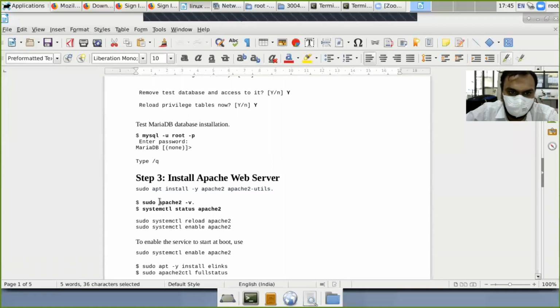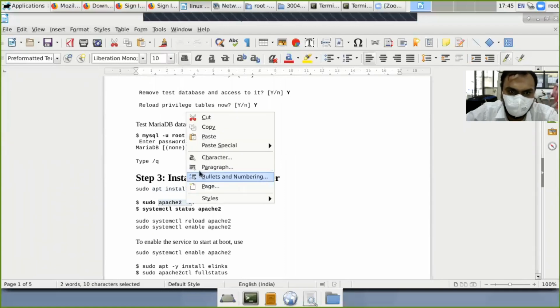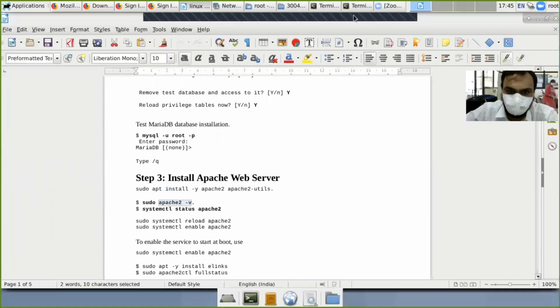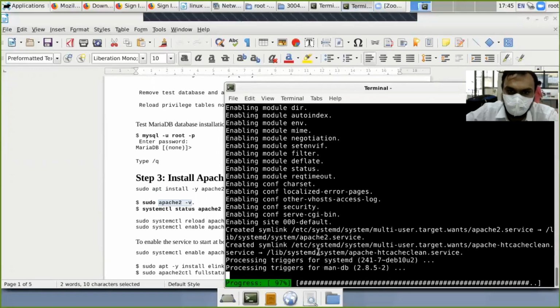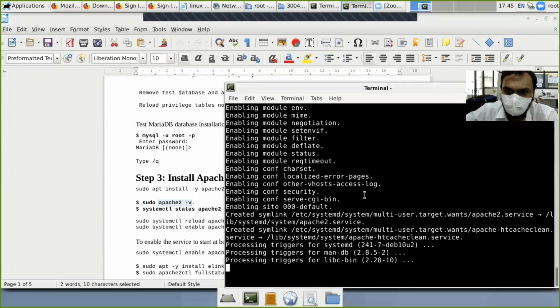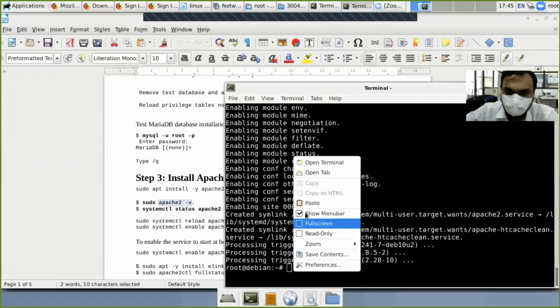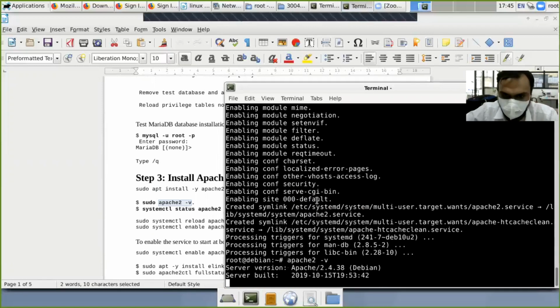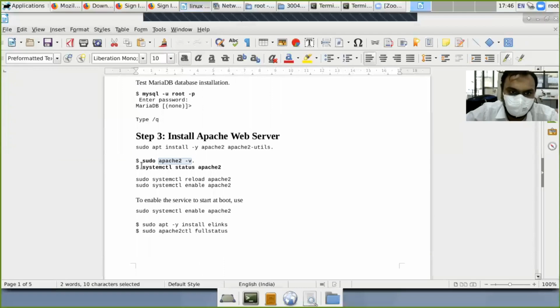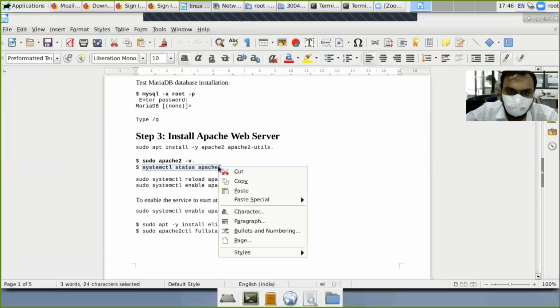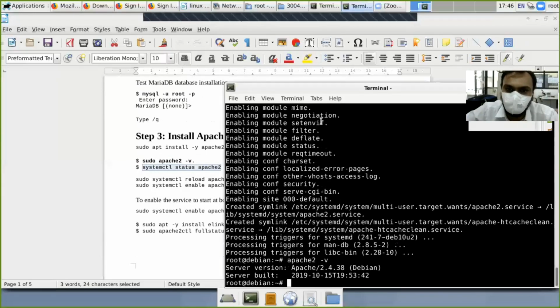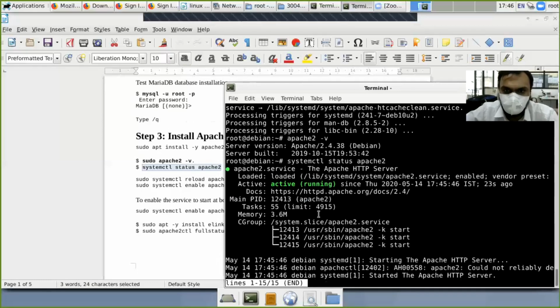Then you can check the Apache2 version, which version you are using, after the process is finished. It's Apache 2.4.38 Debian version. Then go to the status of the Apache server to see whether it is working or not. You can see it is working, active.